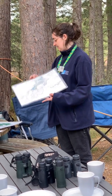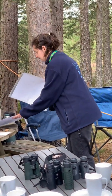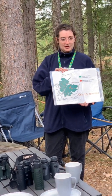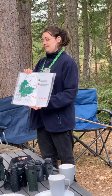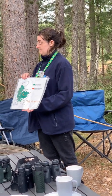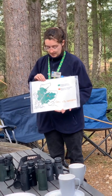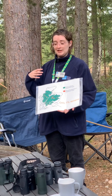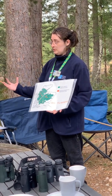1%. So what is left of it are the red dots. So the green is what it used to be. And we're actually in the largest part of the 1%. So that is why the Cairngorms Connect are trying really hard to actually expand the forest a bit more, because...